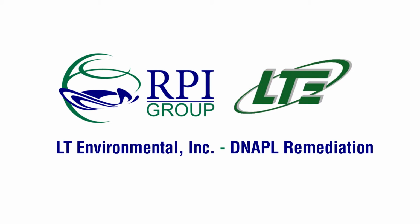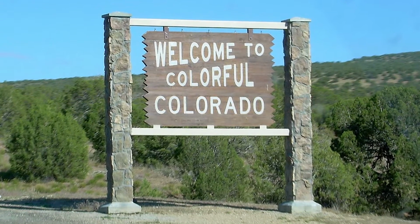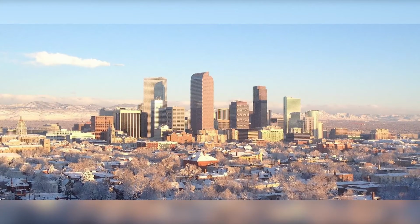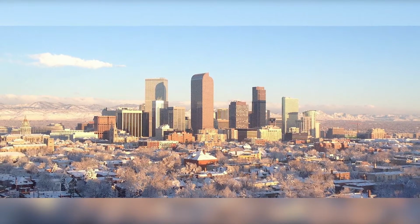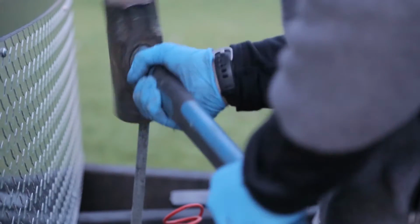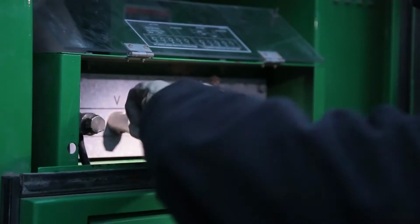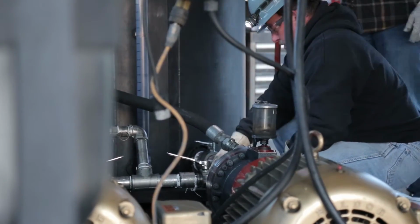Well, we have a really neat story to tell. The site itself was to be sold, and it became probably one of Colorado's largest redevelopment properties statewide. I got involved early on to do a lot of the initial due diligence work to prep the site for sale. One of the buildings on campus had been a tenant space for decades, and this particular tenant was doing